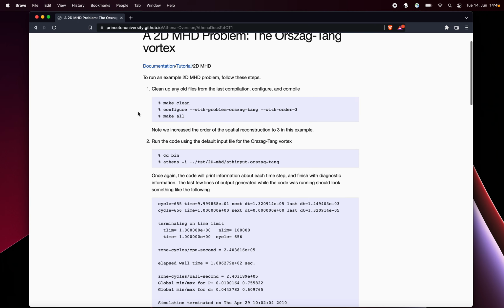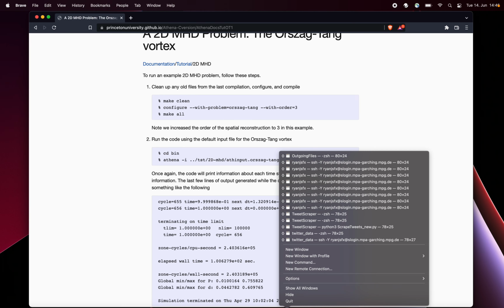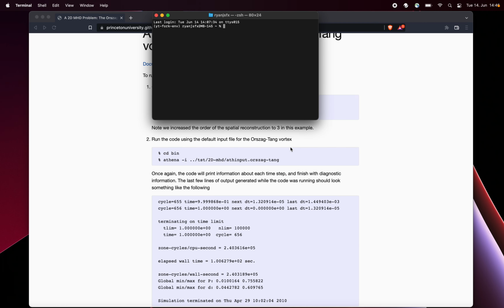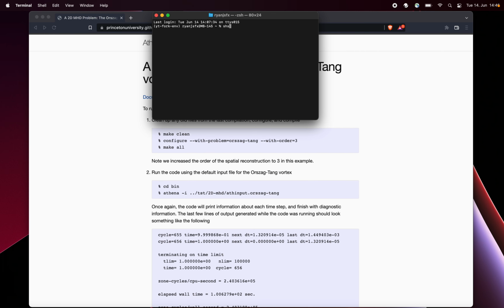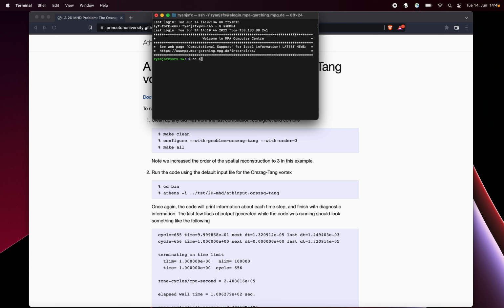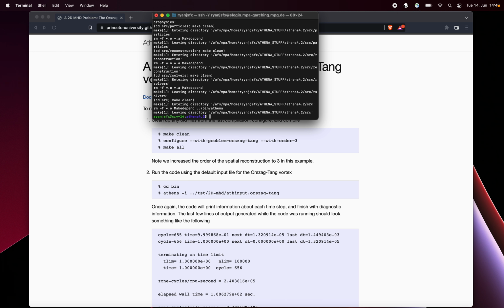That's right. All right, so we're going to open our terminal. We're going to use our aliased SSH command to connect to our remote machine. We're going to cd, change directory, into the Athena stuff directory. We're going to change into the Athena 4.2 directory, and then we're going to issue some of these commands. Make clean, ./configure with